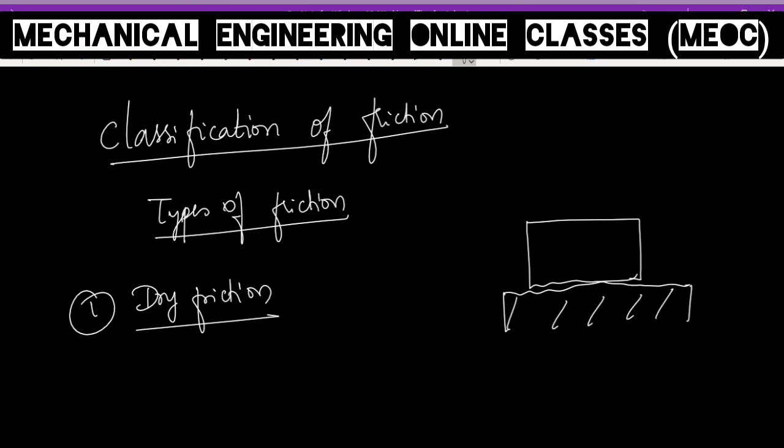This is the first and most important type of friction, dry friction. At times dry friction is also desirable. Friction is not always undesirable. Depending on the application, friction may be desirable or sometimes may be undesirable. If I want the object to slide easily, then that is where I want the least amount of friction. Or suppose we are going on a trekking, that time I want my shoes and the mountain rock to have the highest possible friction so that we don't slip.